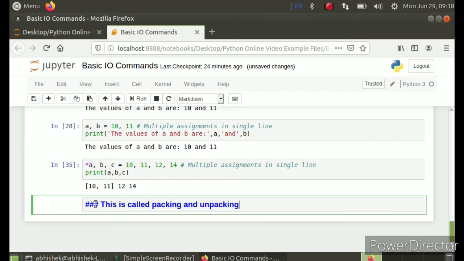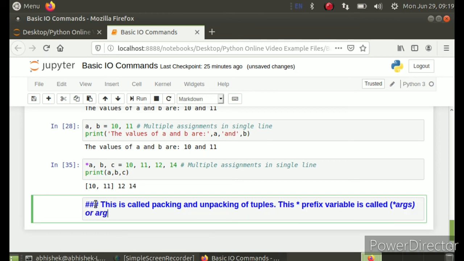And this star prefixed variable is very important. Let me write this also. This star prefixed variable is called star args. You must have read this term, star args, or we call it argument.